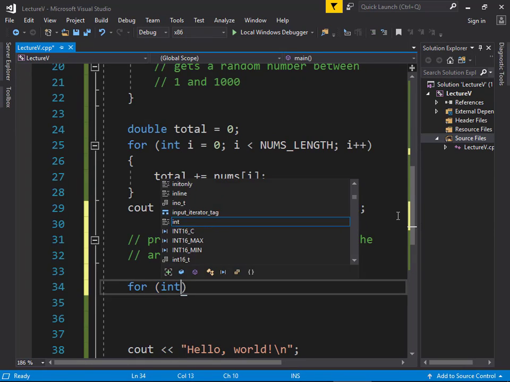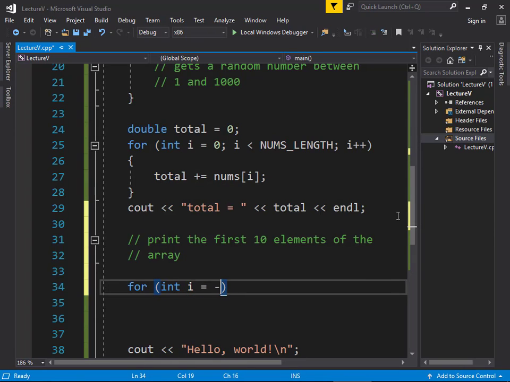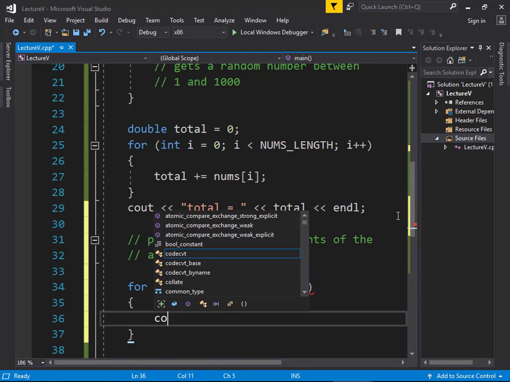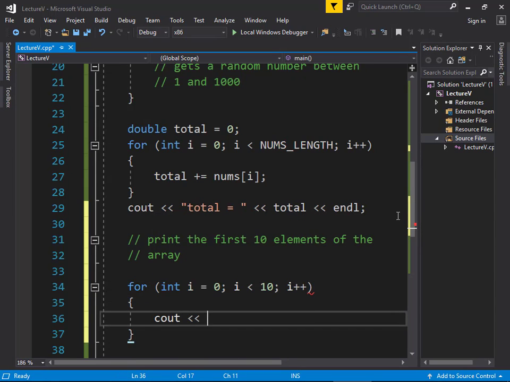For (int i = 0; i < 10; i++), because we just want to count up to 10. For int i equals 0, semicolon, i less than 10, not greater than, i plus plus, cout << nums[i] << " ";